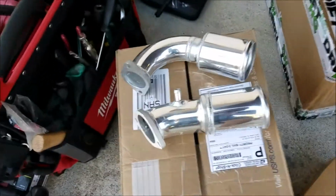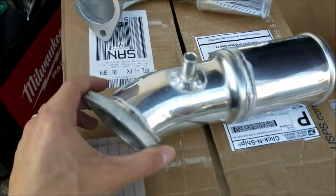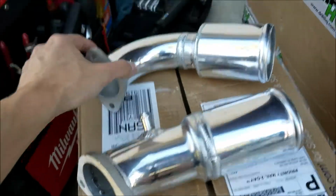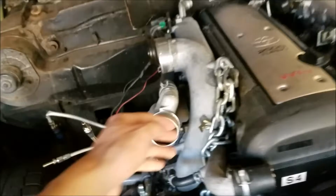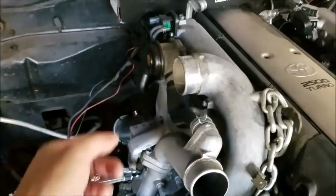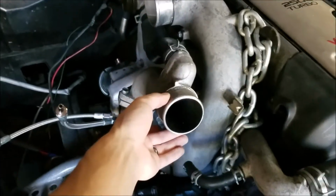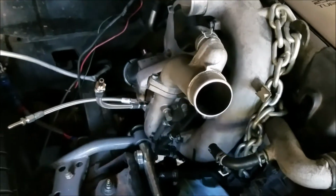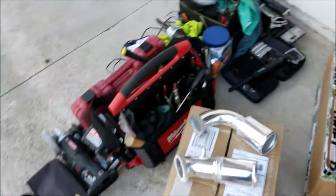I've got these beauties, and these are aluminum, TIG welded again, and these are a J-pipe delete kit. The J-pipe is this intake pipe here, a big cast piece. It incorporates a couple things. There's some smog stuff, the factory blow-off valve or bypass valve, whatever you want to call it, and the factory intake elbow going into the inlet of the turbo, or sorry, the outlet coming out of the compressor side of the turbo. And I just kind of wanted to clean all that stuff up and give myself some more options